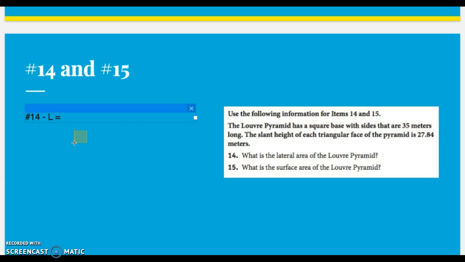So this is a square base, and one of the sides is 35, so we can add 35 4 times or multiply it by 4, that's the same thing, times the slant height of 27.84, and then divide it by 2. And once you do that, your lateral area will be